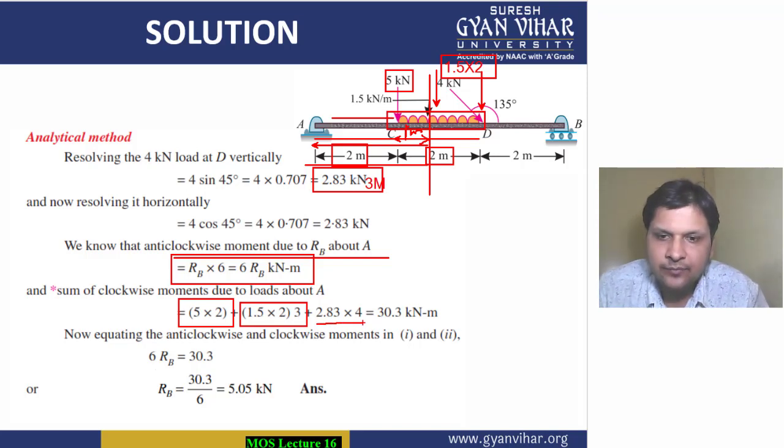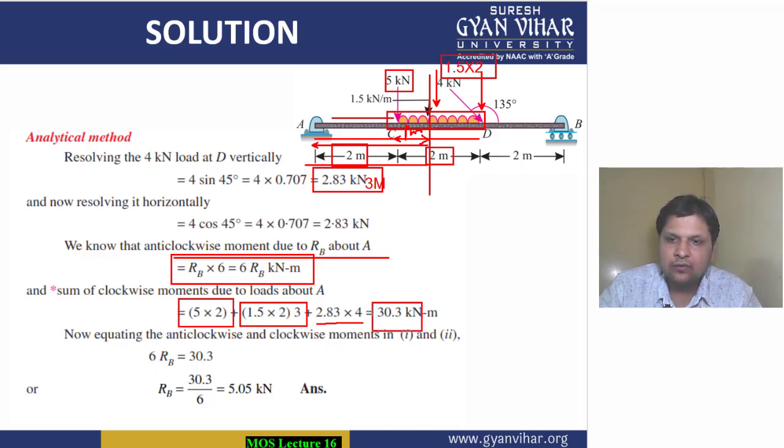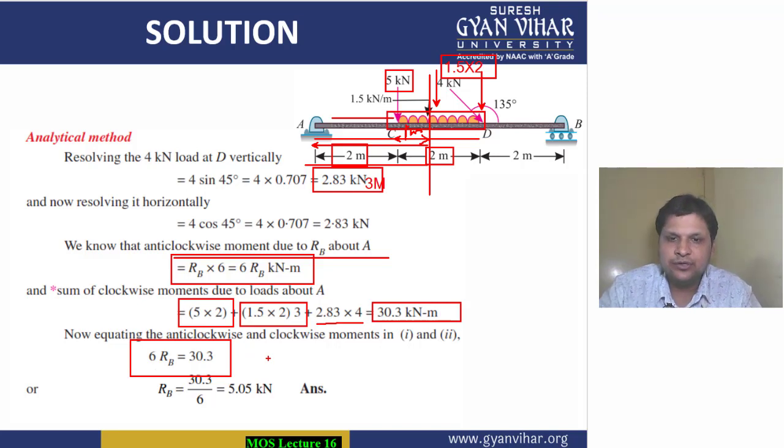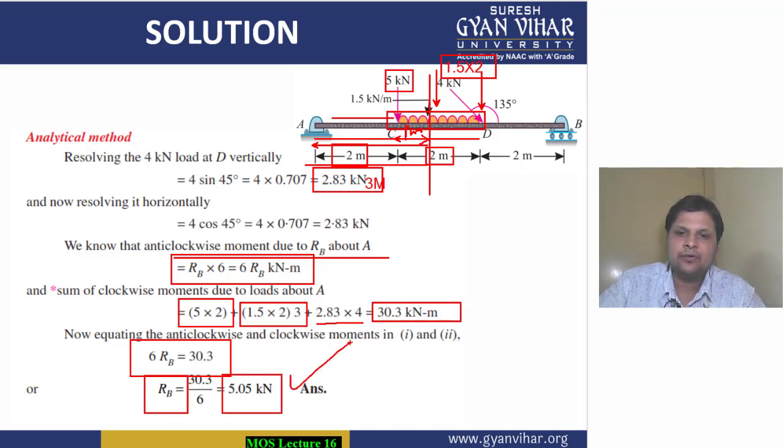We will add the 3 moments about the point A of all the forces that are going downwards, and this will give us the clockwise moment. And we all know we will equate the clockwise moment with the anti-clockwise moment by the condition that the moment about this point A should be equal to 0. So clockwise moments should be equal to anti-clockwise moment, means 6 into RB is equal to 30.03, and if you calculate, RB will be equal to 5.05 kilonewton. So 5.05 kilonewton is the answer